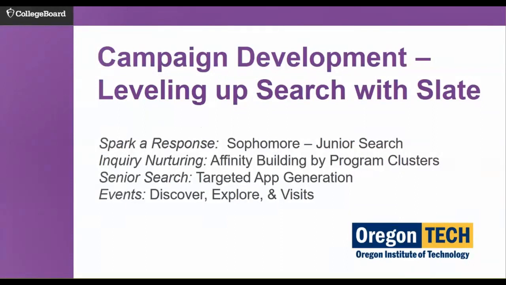Before implementing Slate in March of 2019, our standing orders were successful in adding new names, not just for our app gen strategy, but as we were gearing up to host new types of off and on-campus events during spring recruitment in yield season. My point here is, regardless of your CRM, even if quite dysfunctional like ours, a solid search strategy built on standing orders provides new names to engage on an ongoing basis that moves the needle in the right direction. Launching robust campaigns were among the top priorities of our Slate implementation in late 2019.